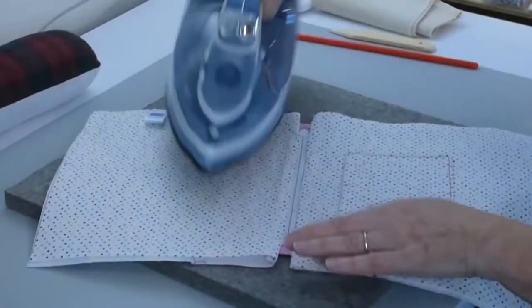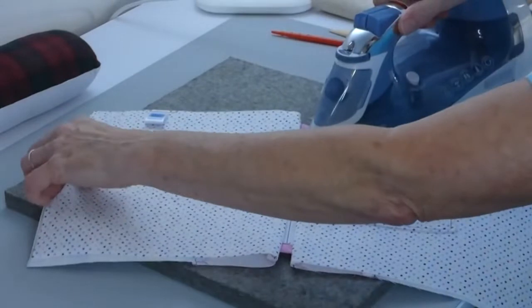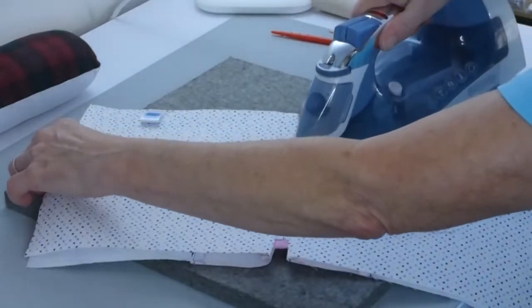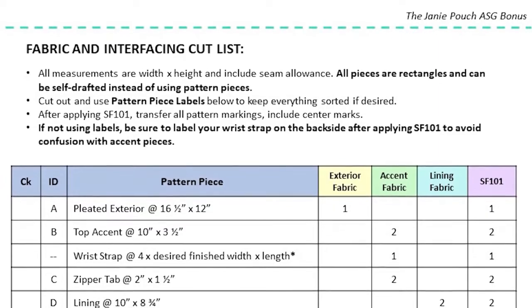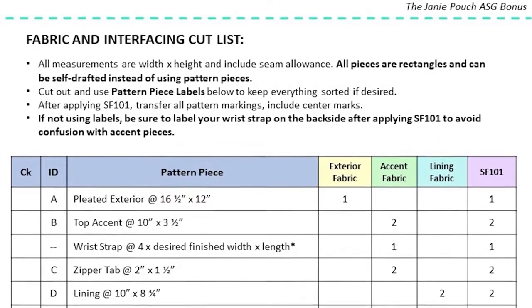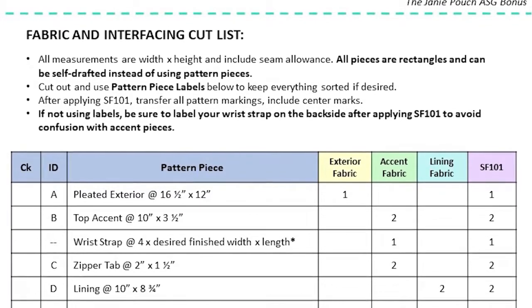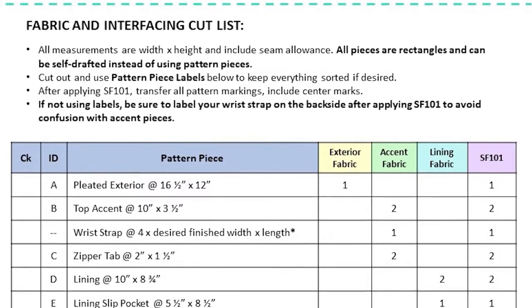First, today we will be talking about prepping your fabric and your interfacing in order to proceed with the sewing tutorial. Your pattern has on page 3 a fabric and interfacing cut list, and the directions are pretty straightforward. I did want to cover some things about interfacing that was important to know in case you've never worked with